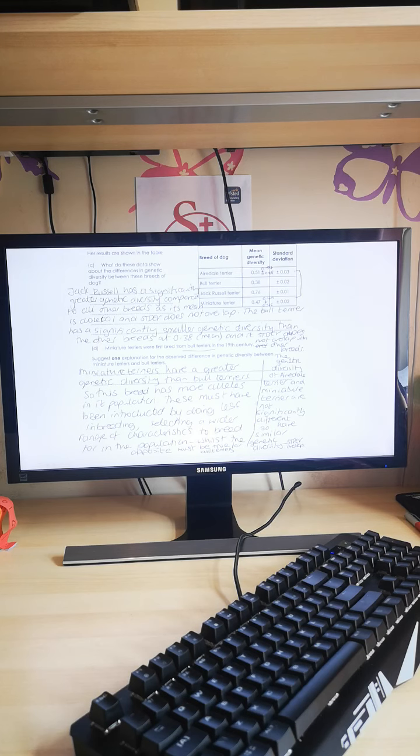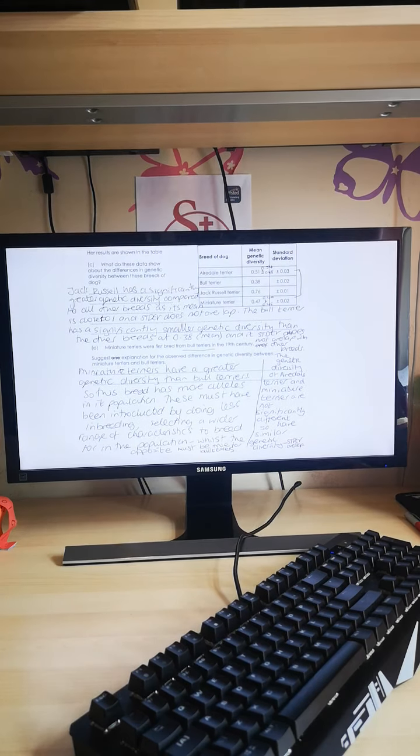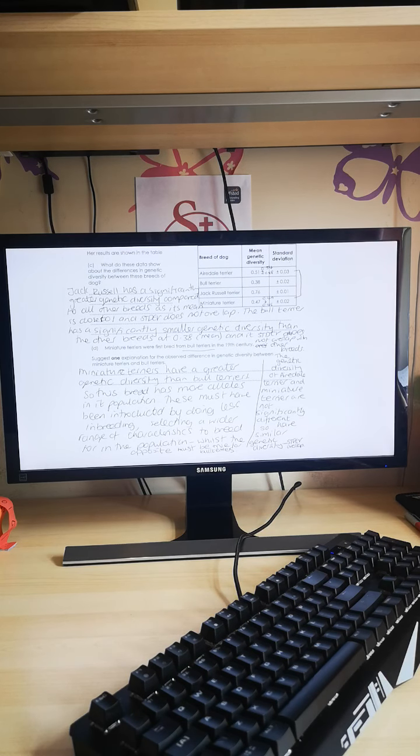Okay, now it gets a bit more complicated. So you've got this in the PowerPoint. So if you can't read it on the screen in your video, then don't worry, you can refer to the PowerPoint as well, but I will verbally go through. Okay, so you're given this investigation into genetic diversity between 4 dog breeds. Okay, and the data in the table that you're given is of course mean, and it's a mean of genetic diversity. The closer to 1, the higher the genetic diversity it told you within the stem, and then the standard